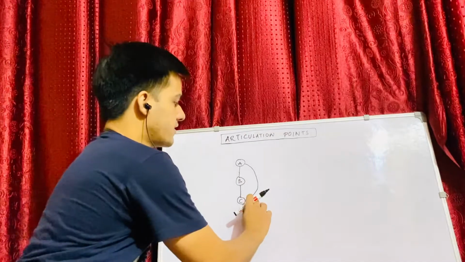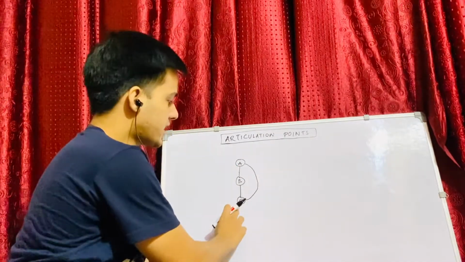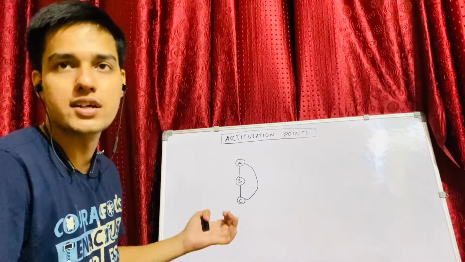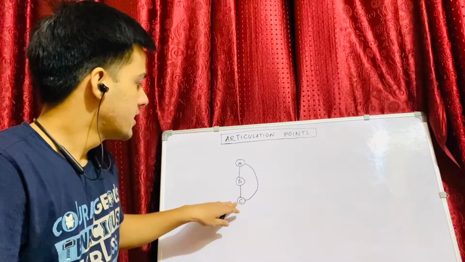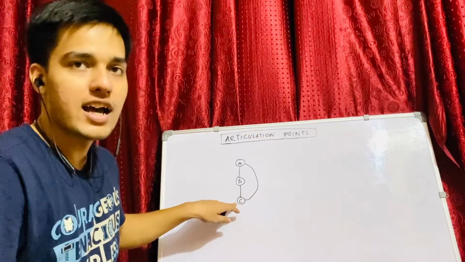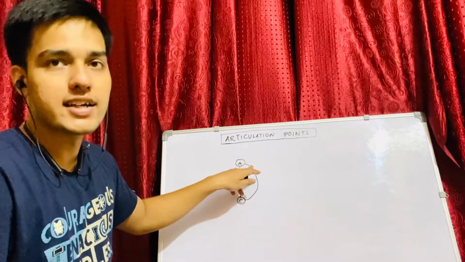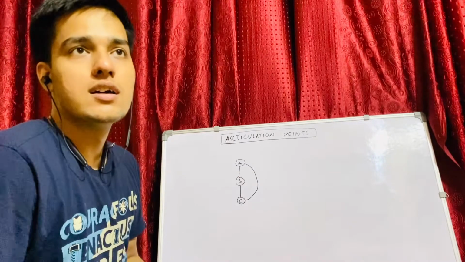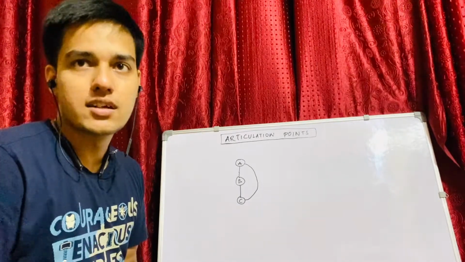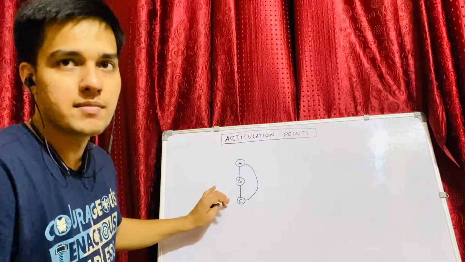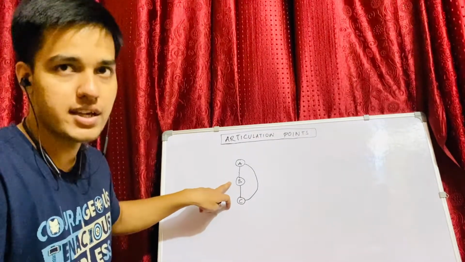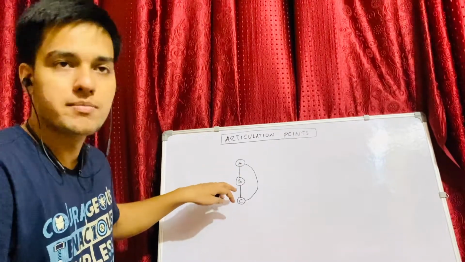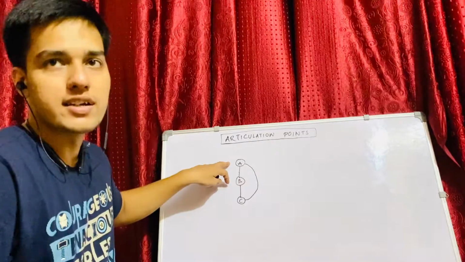So this is not necessarily a single point of failure. This edge from the child to its ancestor is referred to as a back edge. So this clearly tells us that if a node wants to be an articulation point, then every child that it has shouldn't have a back edge to any of its ancestors, right? Ancestors in a graph usually depend on how we're traversing the graph. We started from A to B, then B to C. That is why C is referred to as a child of B, and A is referred to as an ancestor, because we came to B from node A, right?